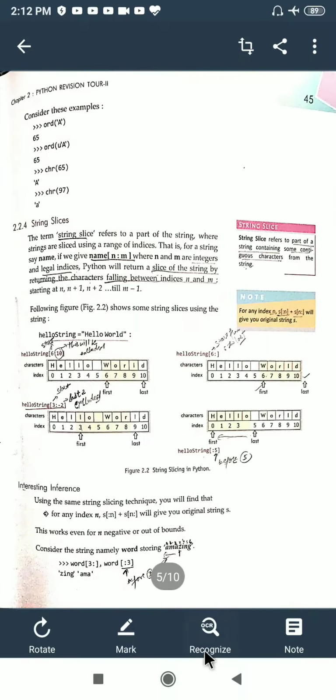Now see, the ORD function will give you the ASCII value of it. What will be the output? The ASCII value of A you will get is 65. I told you about it. And U stands for Unicode, so it will again give you the same value. It hardly makes any difference whether you have written U or not, because by default Python takes the characters in the form of Unicode or ASCII values, so it's okay. Both the things are the same, you will get the same output.